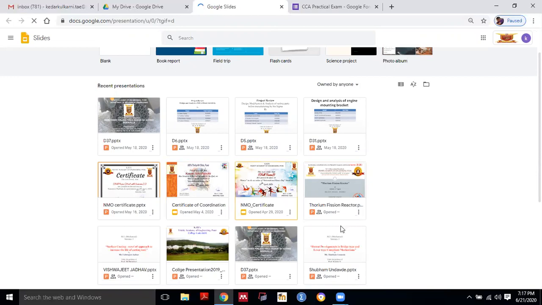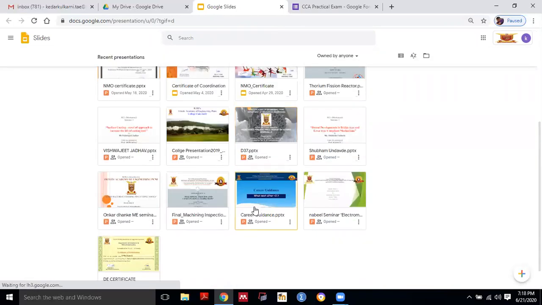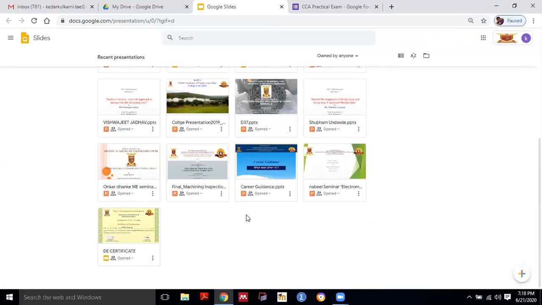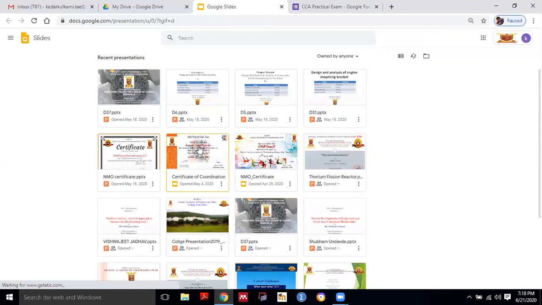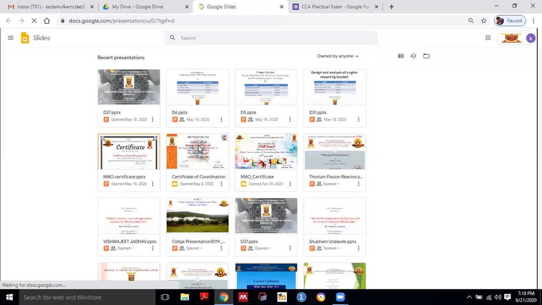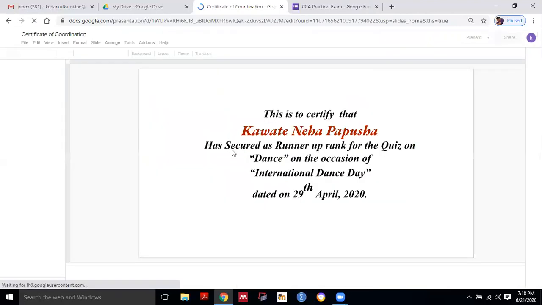This is NMO certificate. The certificate formats which I have created, you can create it as it in the same way. So for that purpose, I will not select the PPT. I will select just the Google slide which I have created. So here one certificate of coordination. Yes, any format you can decide.